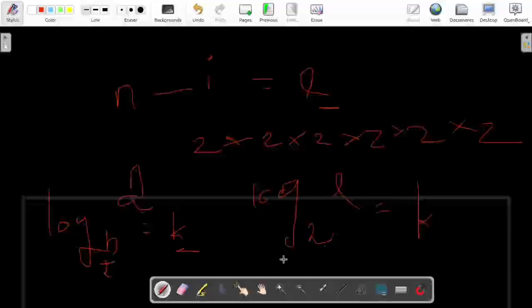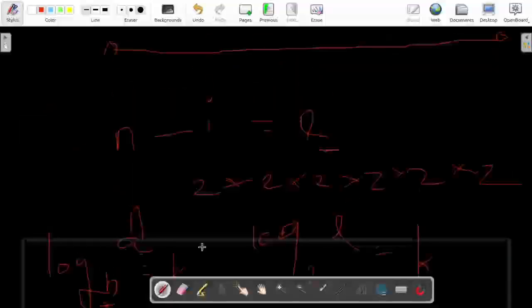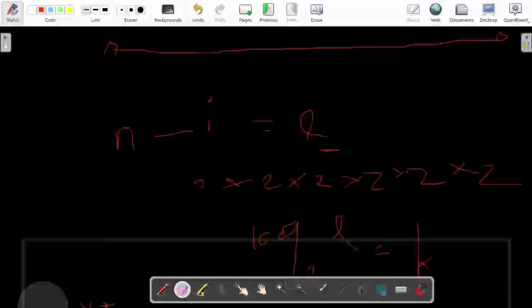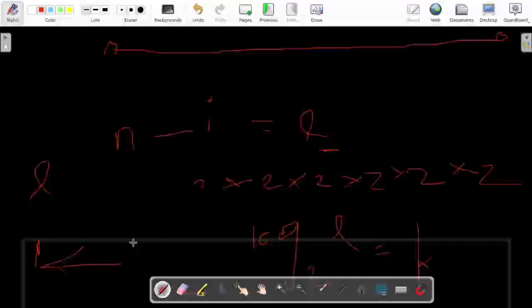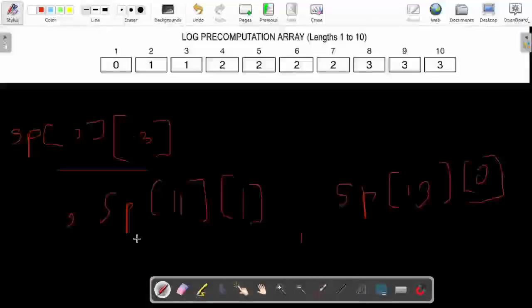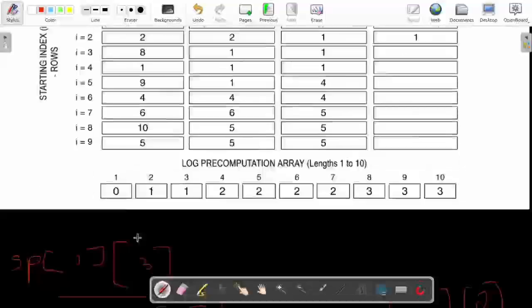we need K powers of 2 to reach L. We can even say from this that if you divide L K times, you will get 1, because L is made using K powers of 2. So if you divide your L K times by 2, you will simply get 1. Correct? Then from this, we can simply infer that